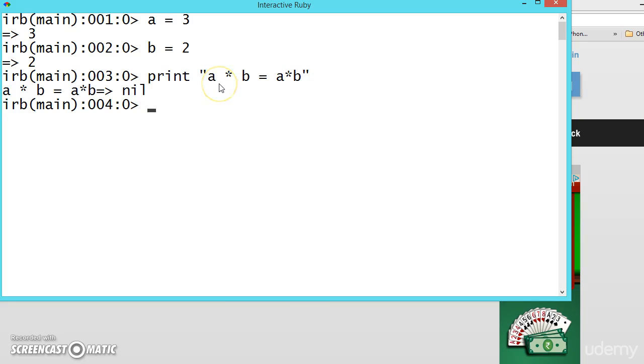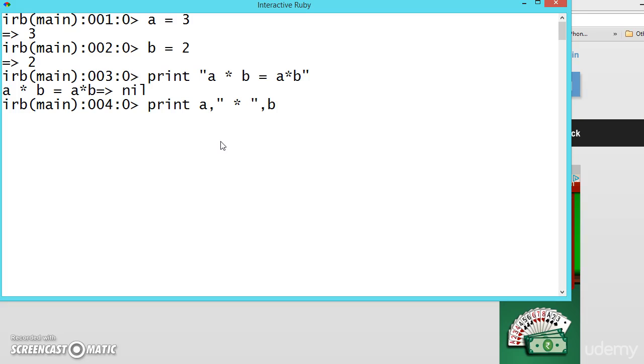So if you want to get the integer inside the variable, you should use it outside the quotations. This we have seen: print first, outside the quotation, a, and we should get 3. Now inside the quotes we give a star, and if you want space you can give the space also.